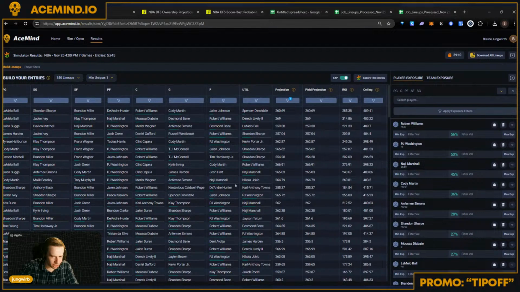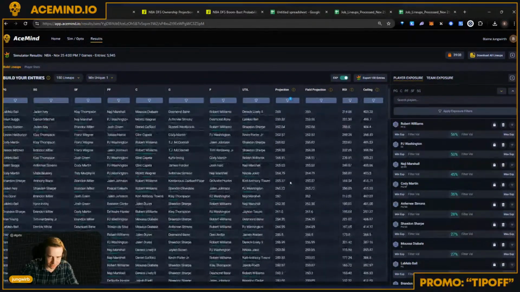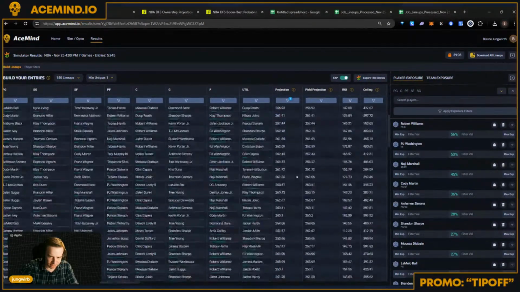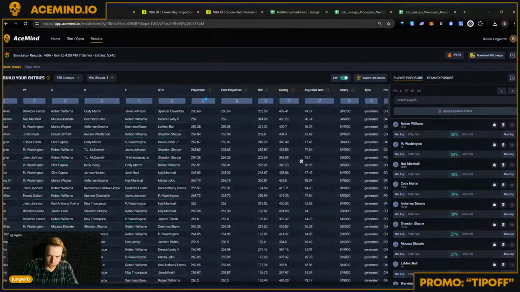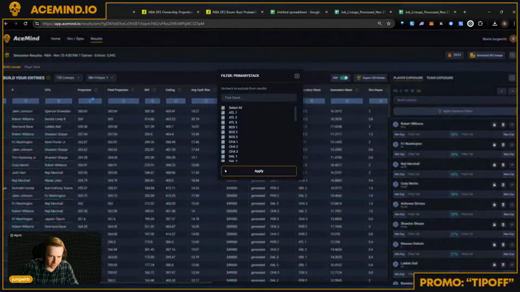So every lineup now, when we refine our entries, we click apply, boom. Now all these lineups are going to be under 269 projection. Here's a 269 right here, 259, and so on. So you can filter all these columns that way. I could filter down to be like, okay,